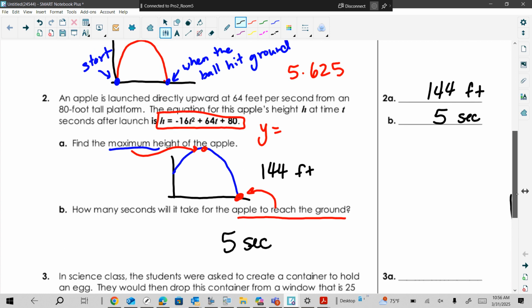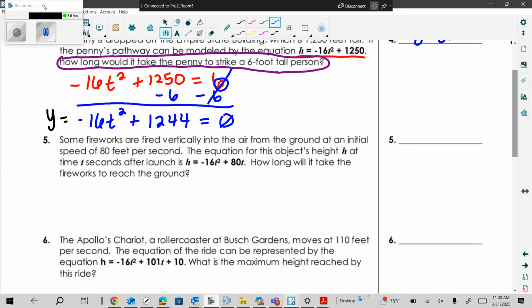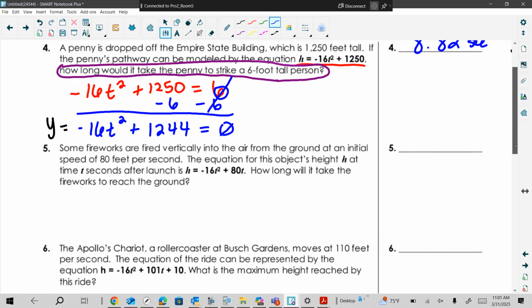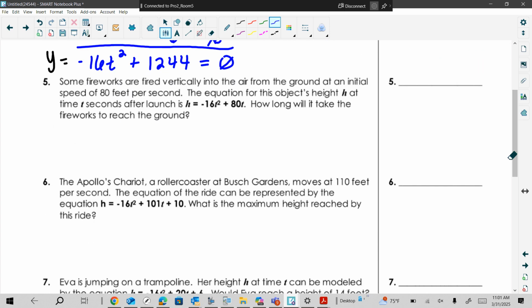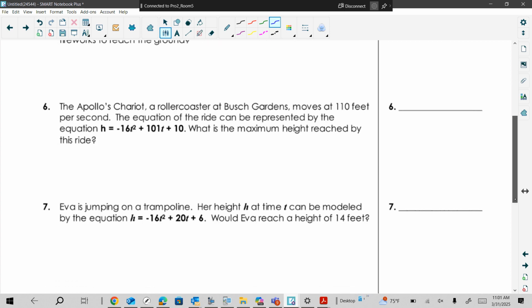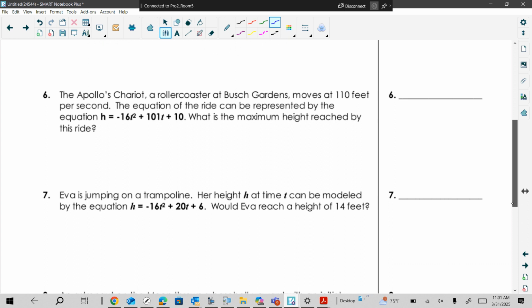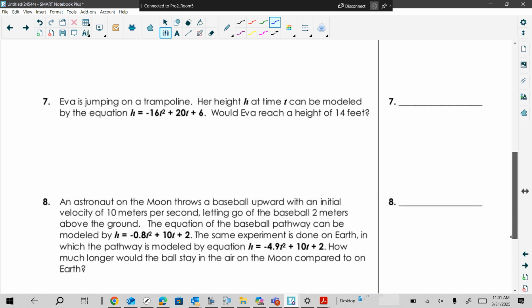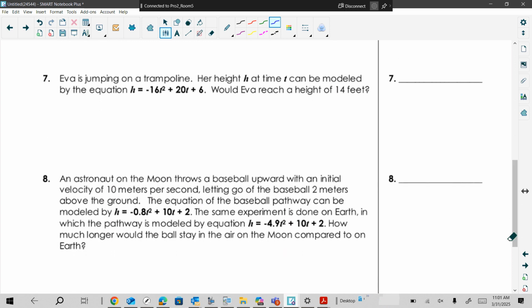All right, so let's talk about the back real quick. Some more examples. On number 5, what we're asking is how long it would take to reach the ground. So number 5 is like what you did on the front. Number 6, a maximum height, is like what you did on the front. But then number 7, right here, would